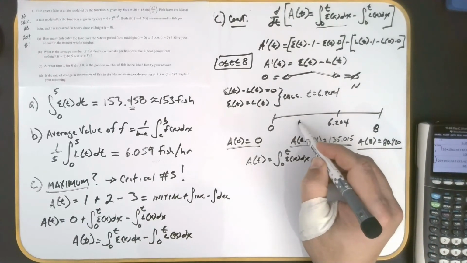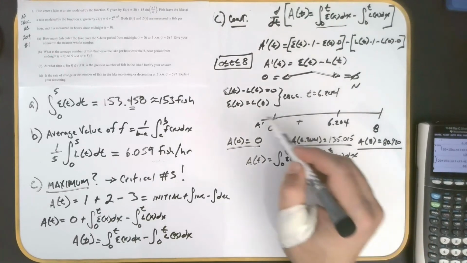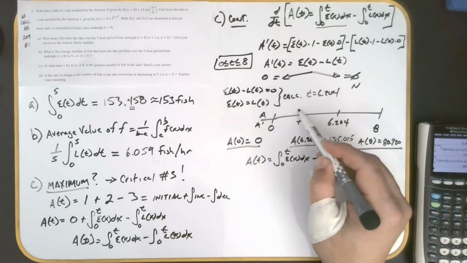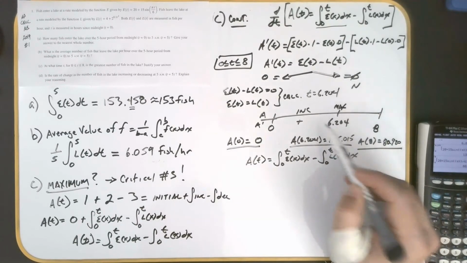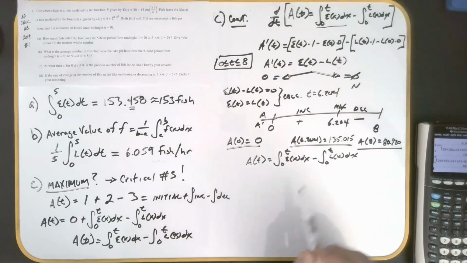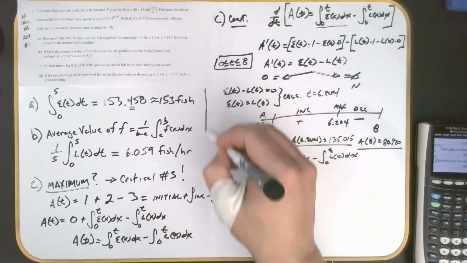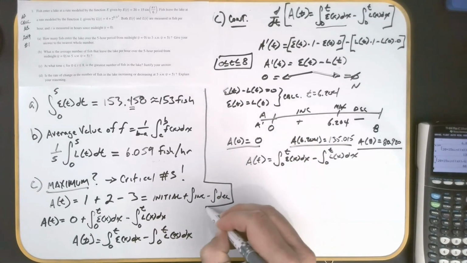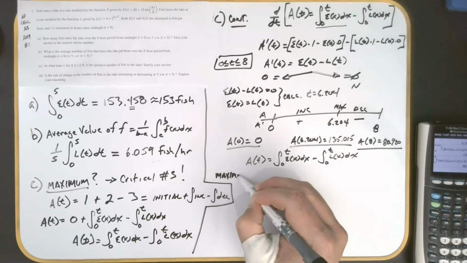So this function must have been this derivative right here. If we were testing a prime was increasing, so that told us the amount of fish was increasing all day until here. And here was our maximum amount, and then it was decreasing till the end of the day. Okay, so it turns out maximum number of fish occurred. Let's give ourselves a little room here. So the maximum